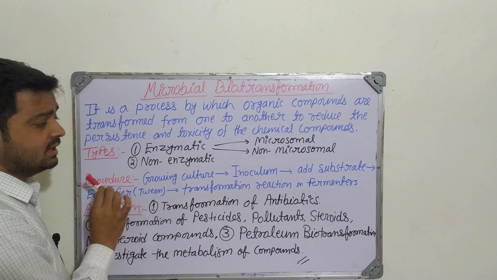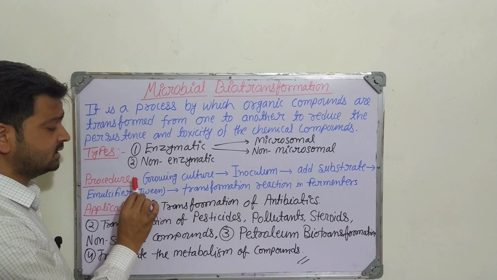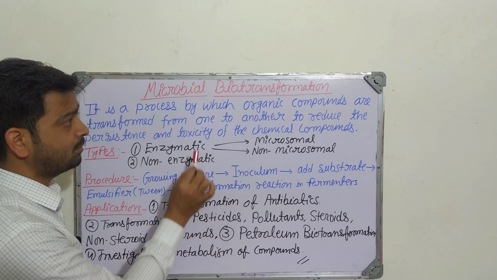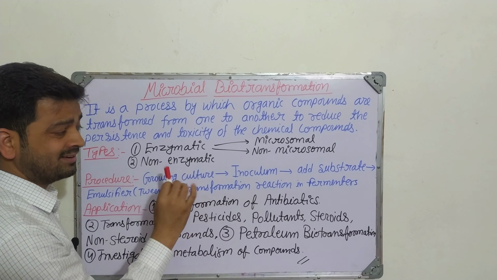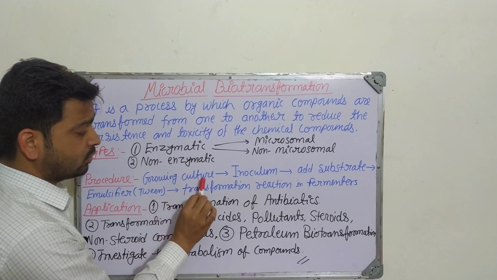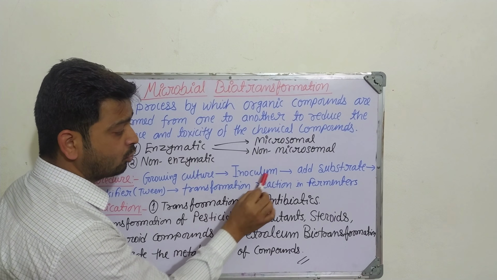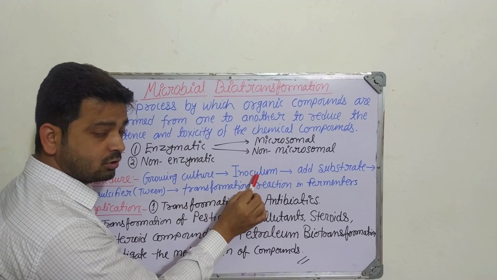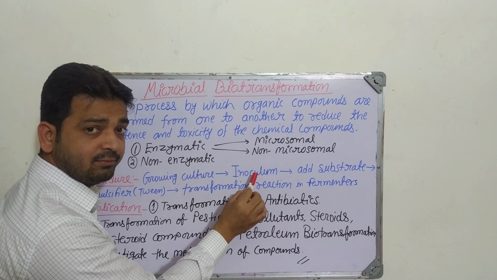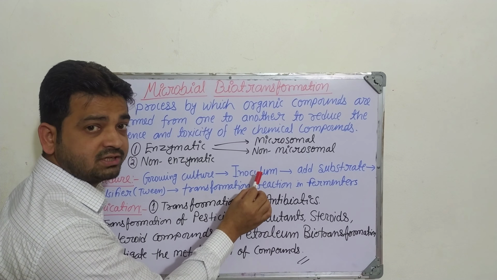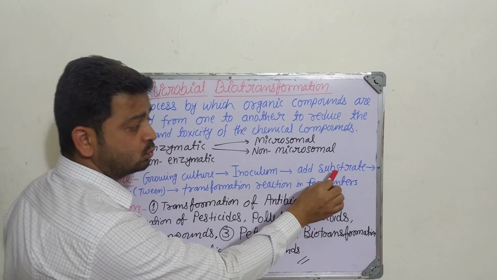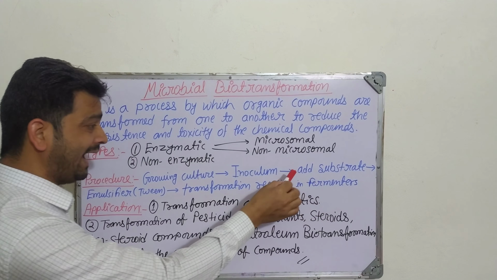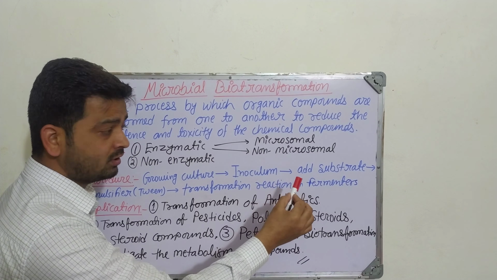Coming to the procedure, in short, we will try to understand the growing culture. Whatever microorganisms we are going to use for our biotransformation, our conversion, the inoculum has to be prepared so that the microorganism comes into its active state and performs well when we subject it to the transformation. Then we add the substrate, whatever we want to convert, into the particular fermenter, the particular setup,